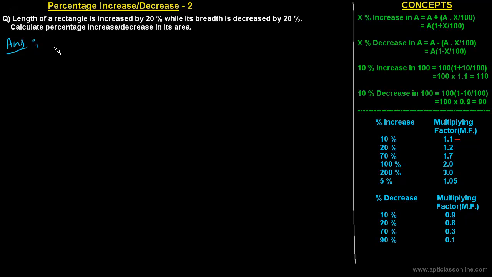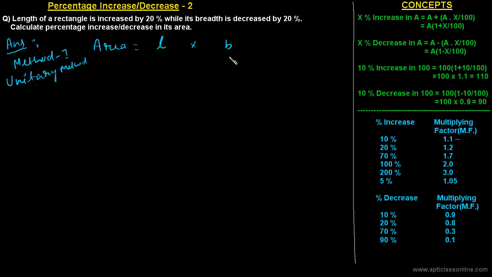Okay, so we know that area of a rectangle is length into breadth. We'll solve it with the help of a method. The first method, we call it the unitary method. As the name suggests, unitary. What we do in this method, we